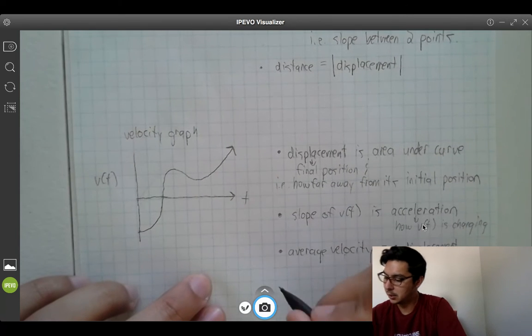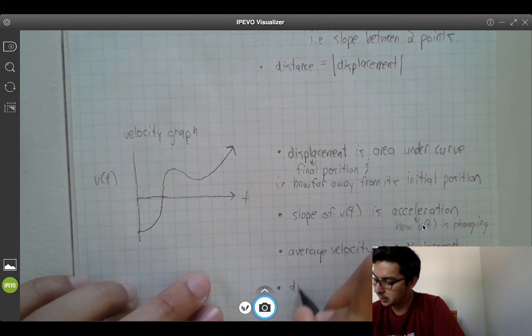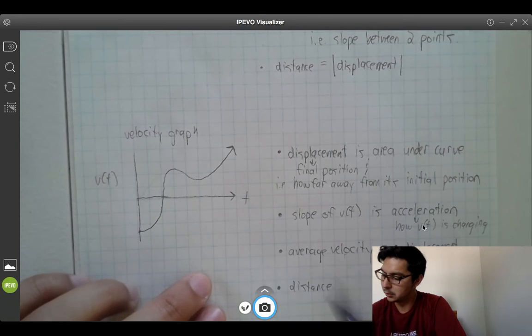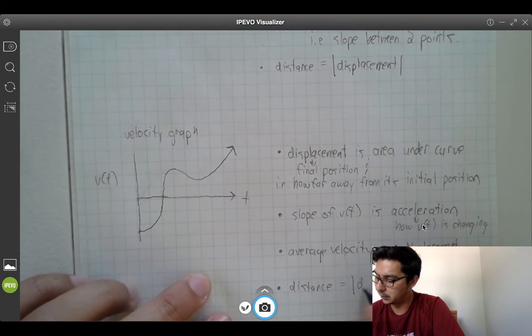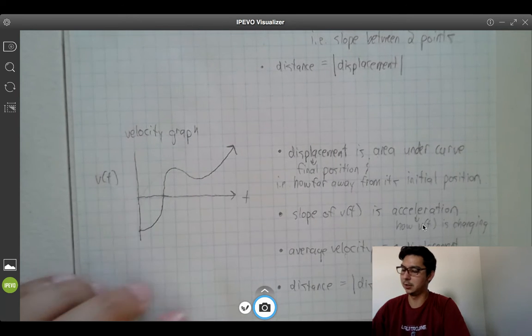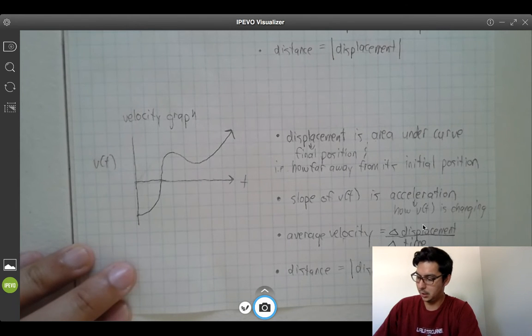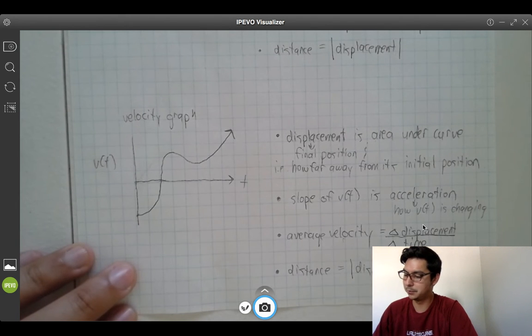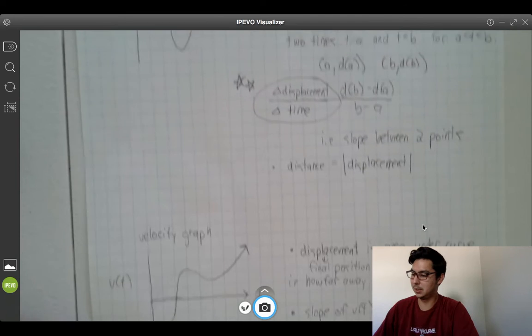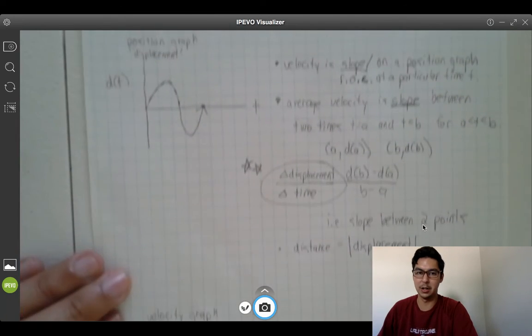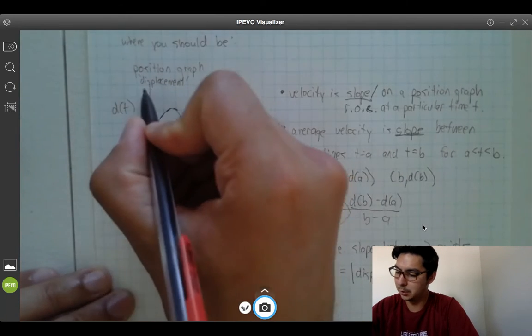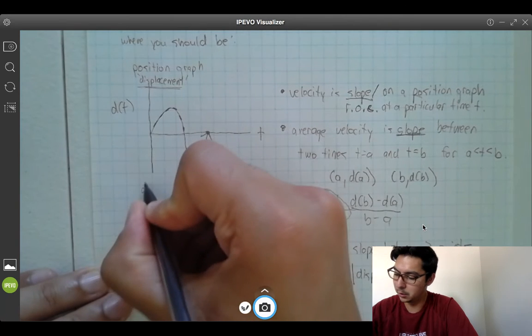And then just as before, I'm going to mention this, distance is equal to the absolute value of displacement. And I say that because that's just one of the most common mistakes here. So if we went back to this position graph up at the top, this is a displacement graph. If it were a distance graph,